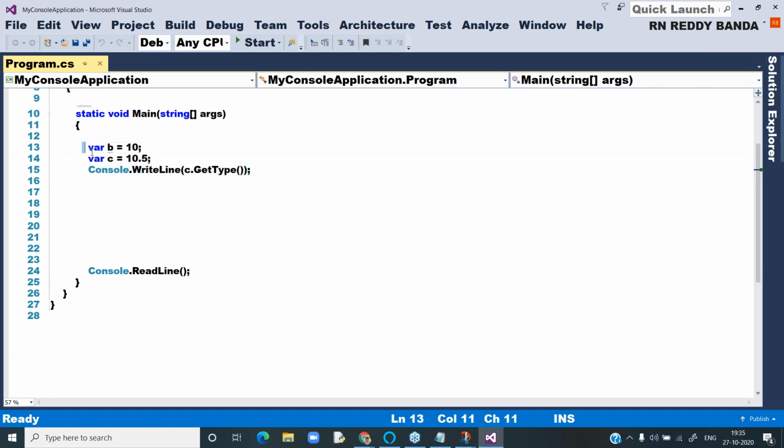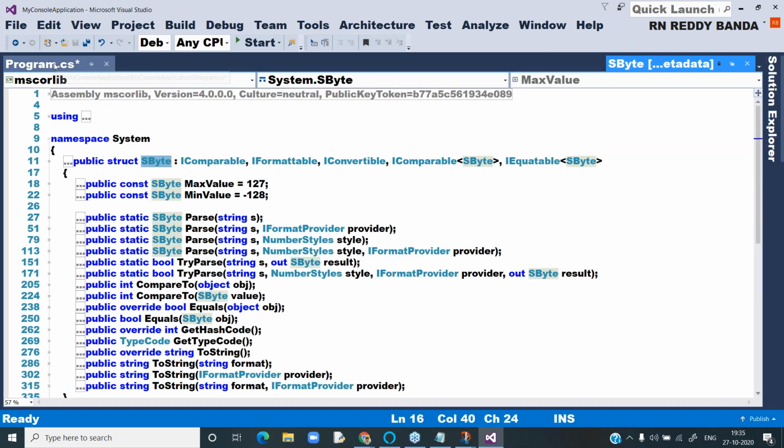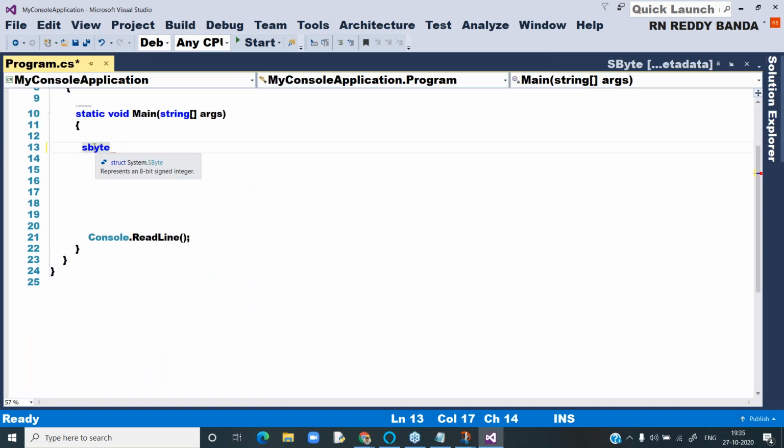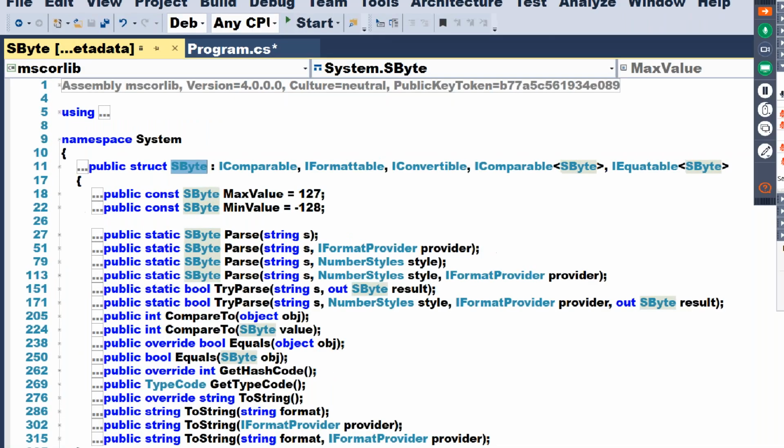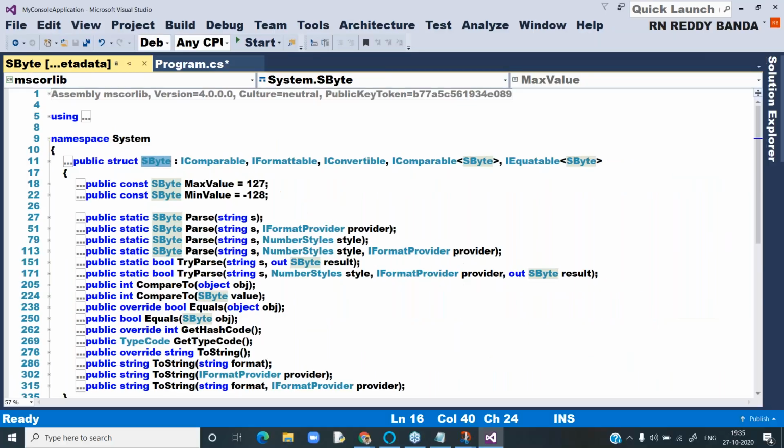Regarding value types, whatever notes I have given, I'm sending you in the chat window. I have given a couple of points about value types: number one, number two, some notes about stack, and some examples.